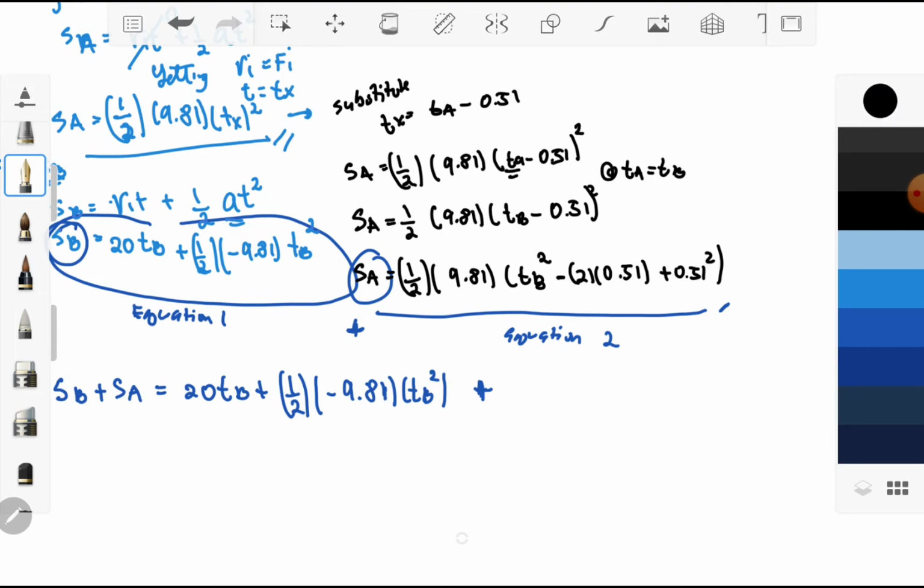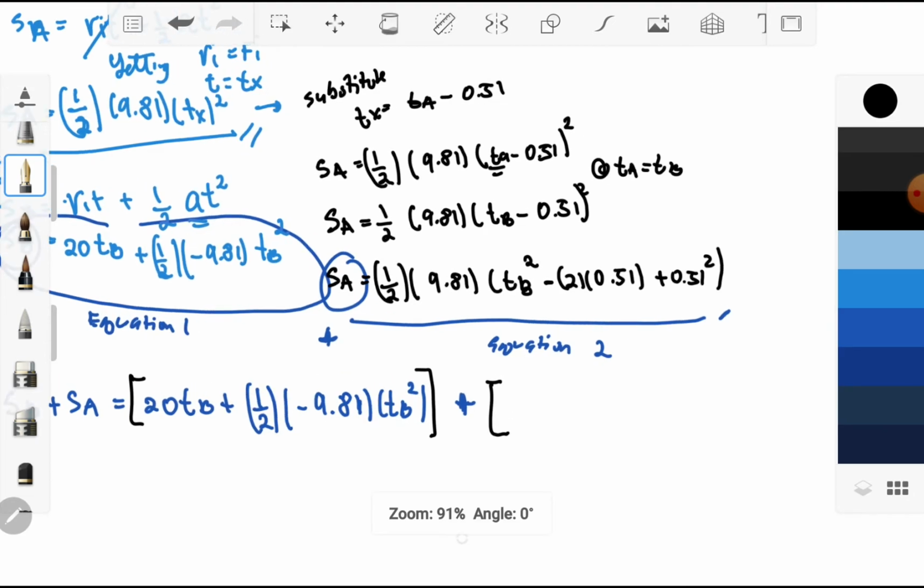Particularly this will be your equation 1 and this is your equation 2, plus